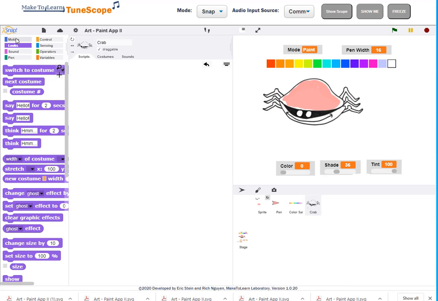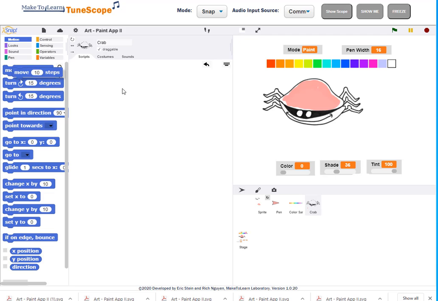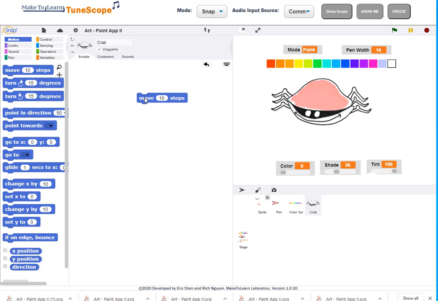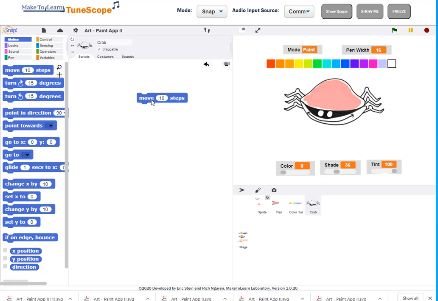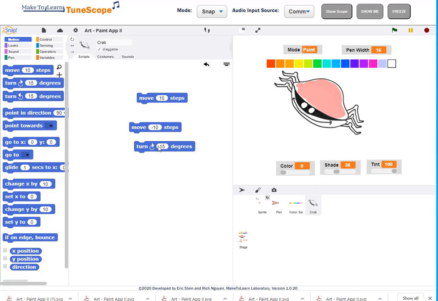and I can do several things with the motion commands. I want to show the primitives here, and for example, if I just move 10 steps, the crab will move back and forth, or I could move minus 10 steps and it will move back the other way like this. And I can do the same with turning. I can turn it a little, but then if I duplicate that and I go back the other way,